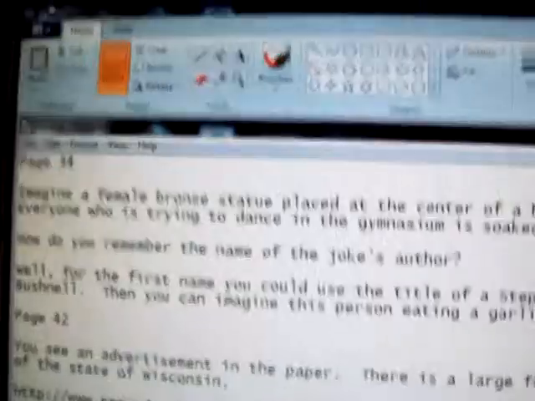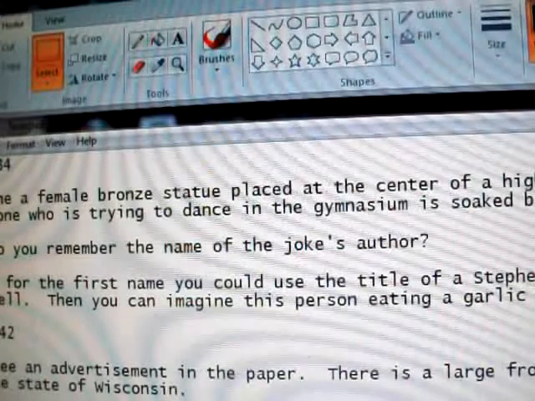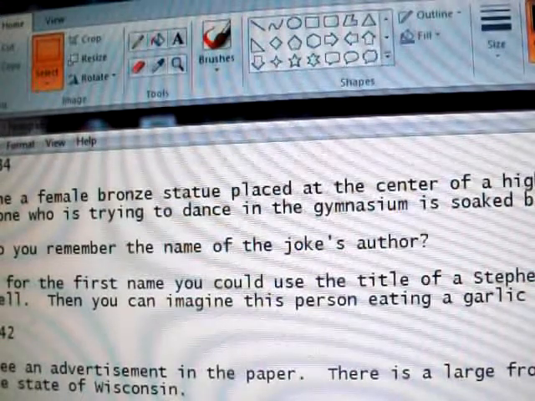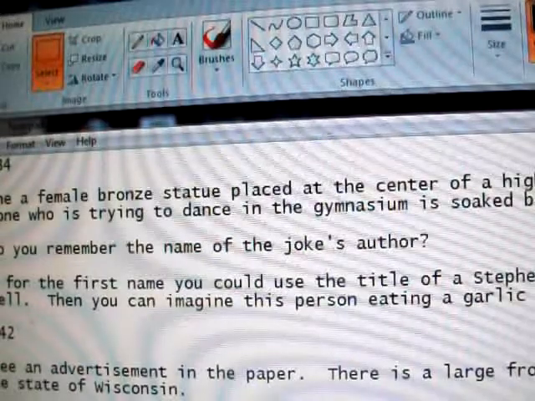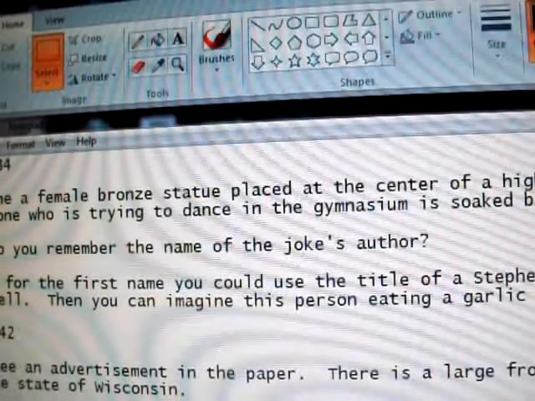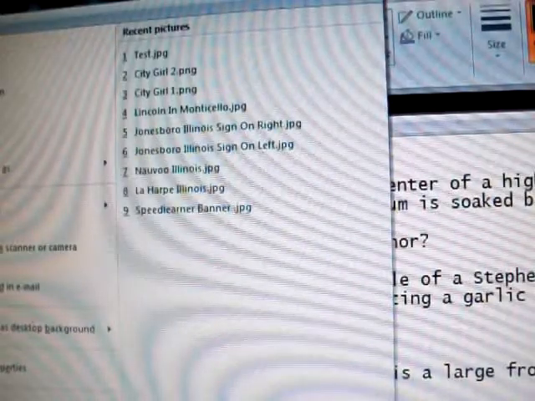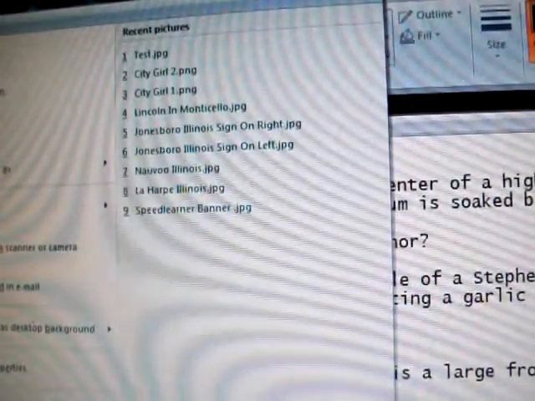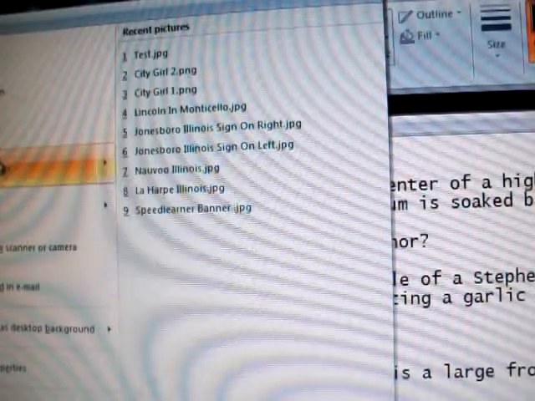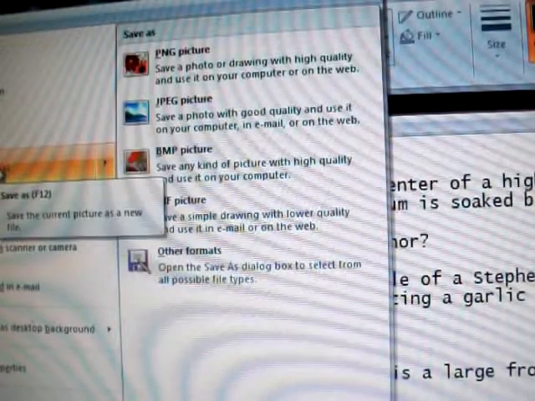Now you say, well, what do we do about this? Okay, now what we're going to do is, instead of saving this as a JPEG, we're going to save this as a TIFF. Okay? And TIFF is a different type of file format. I will cover that in a future video. But anyway, we're going to save this as,